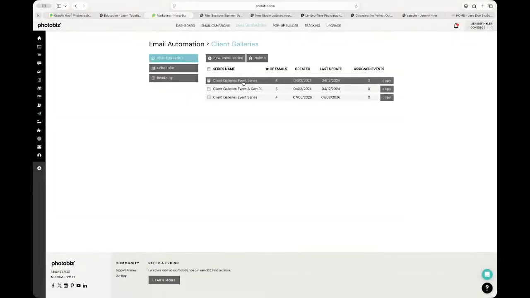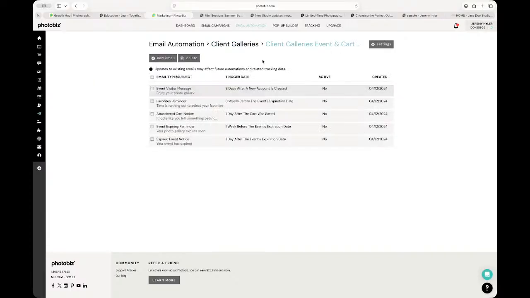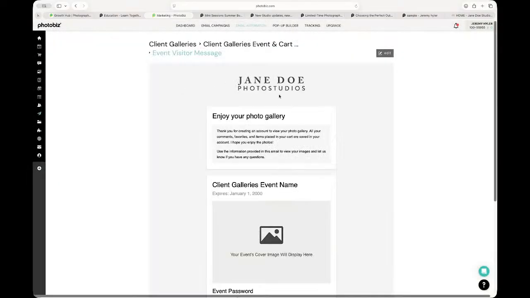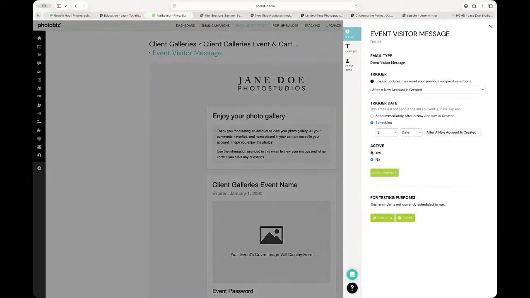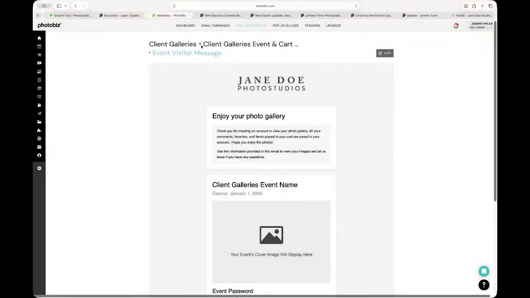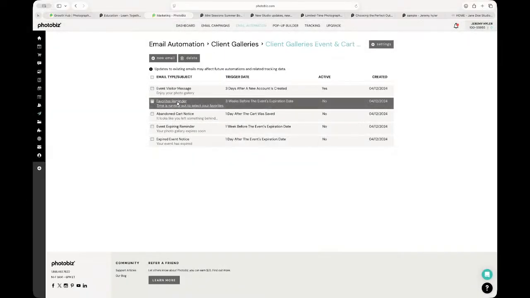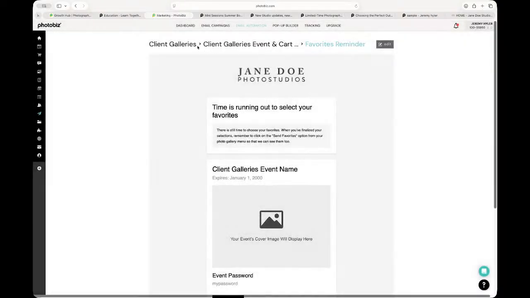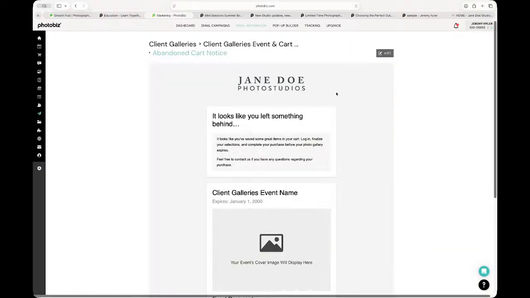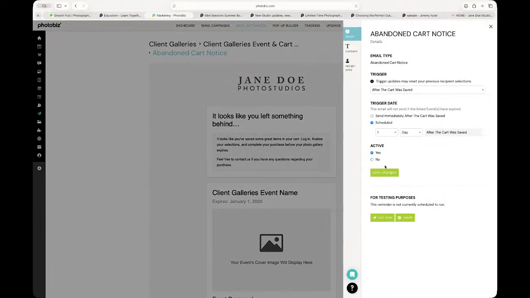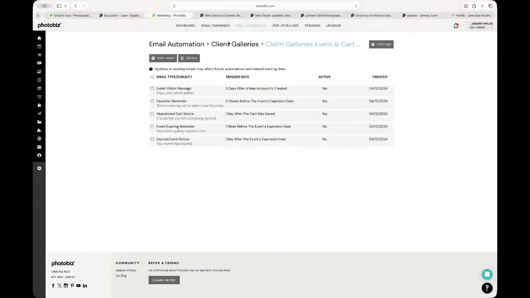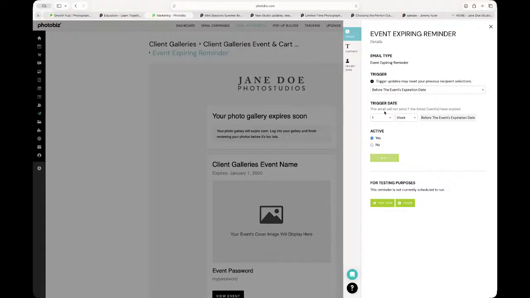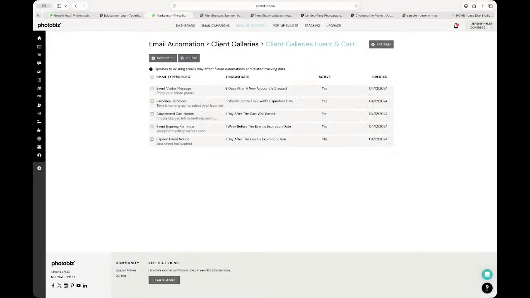Let's just showcase one with client galleries. We're just going to turn on this series here. We're going to go through it. We're going to make sure these emails are set in here and active, because we want our customers to receive these emails based on the parameters that we created. Once you set the ones you want to be active based on the trigger event information that you selected,